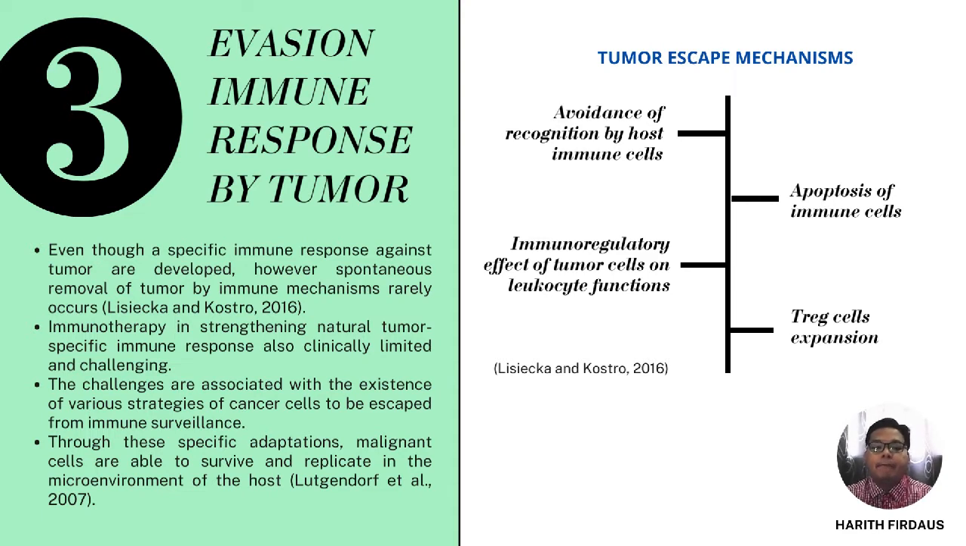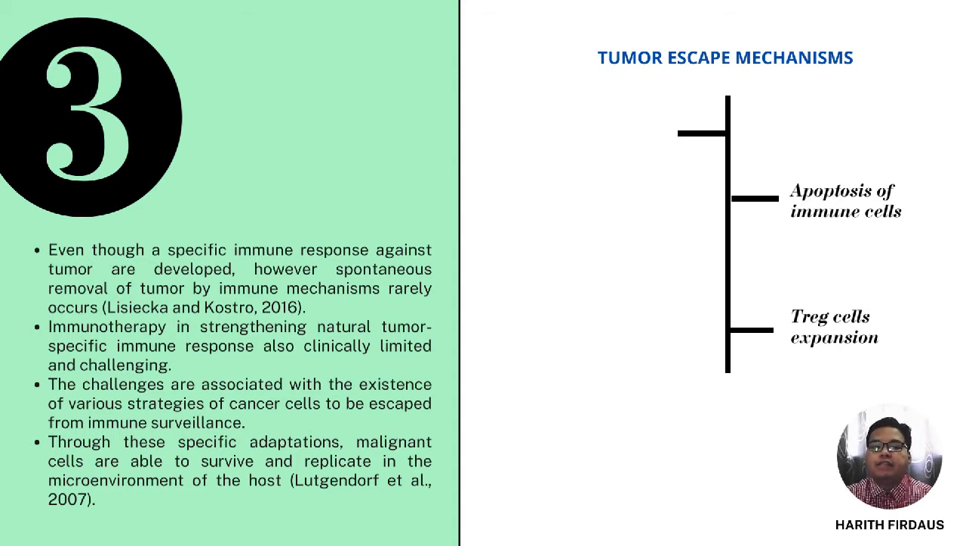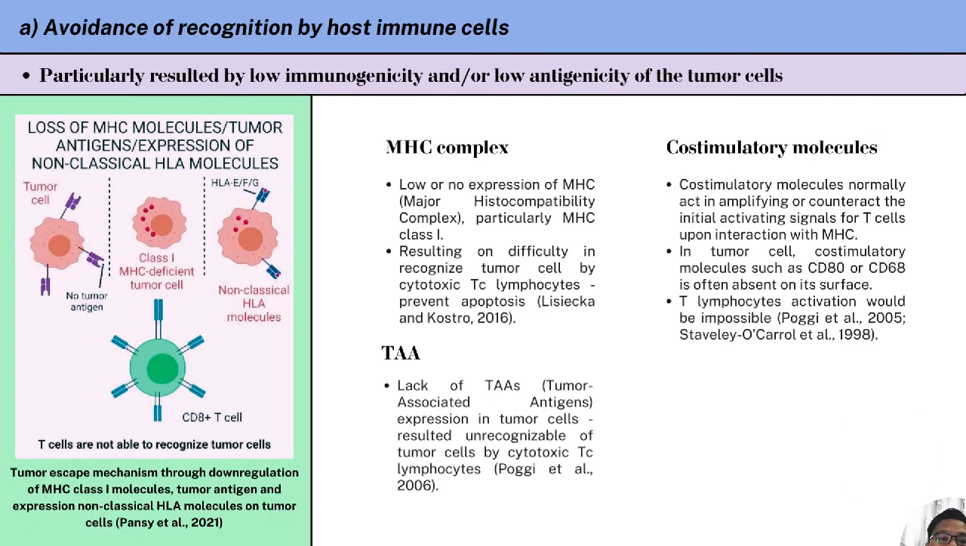At a glance, four main strategies of tumor escape mechanisms are discussed, which are the avoidance of recognition by the host immune cells, apoptosis of immune cells, immunoregulatory effect of tumor cells on leukocyte functions, and also expansion of Treg cells. First, the avoidance of recognition by host immune cells is particularly manifested by low immunogenicity and/or low antigenicity